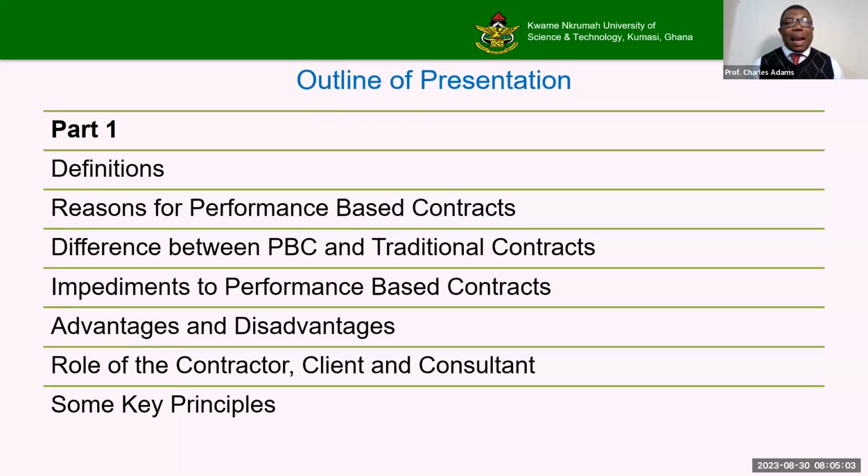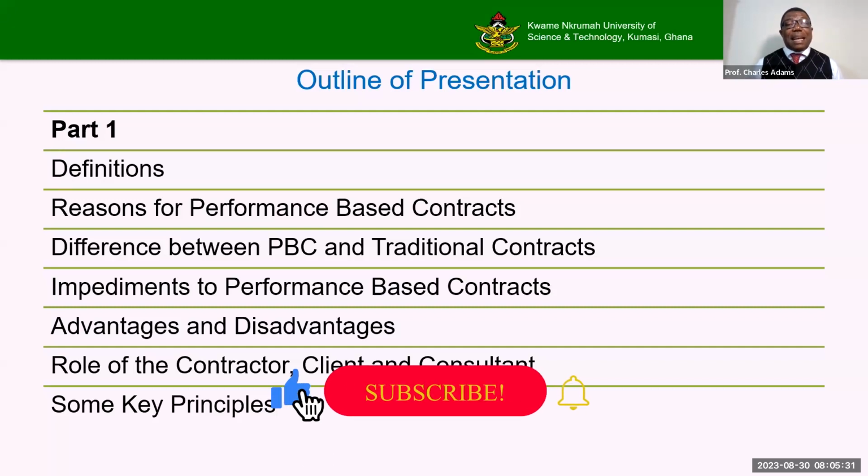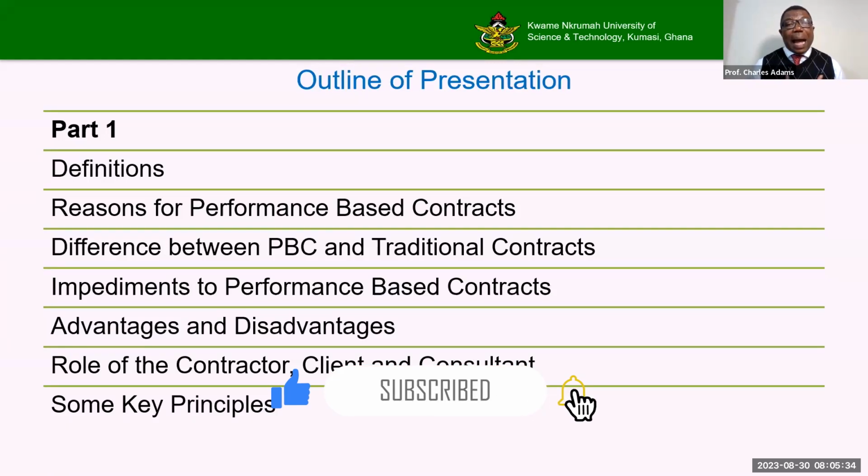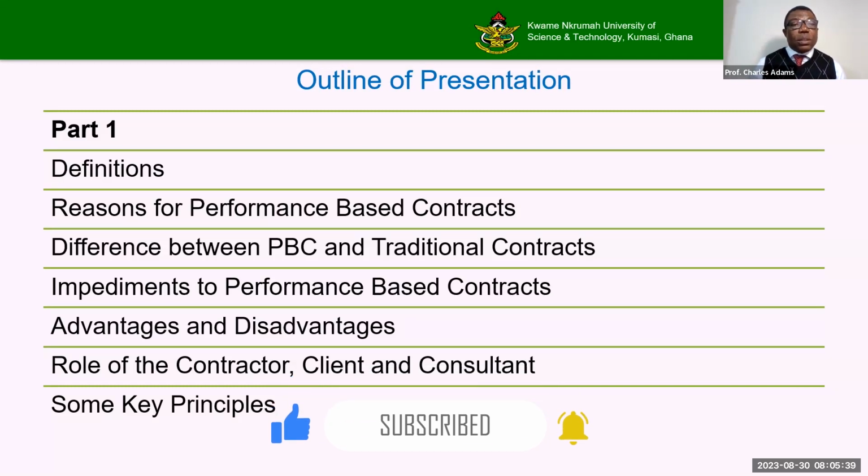So this is the outline of my presentation. I will give you some definitions or a glossary. I will talk about why we do performance-based contracts. I will try to establish the main difference between the traditional contracting we do and performance-based contracts. But by performance-based contract, the specific is OPRC. Just for us to understand that performance-based contracts go beyond OPRC, and there are several shades and methodologies that can be used. I will give an overview of that, and then, like I said, we will go deeper into OPRC itself.